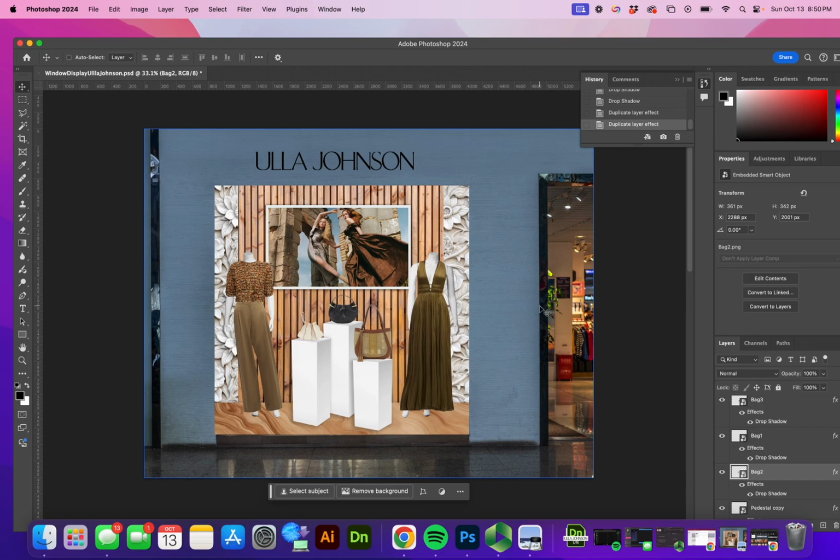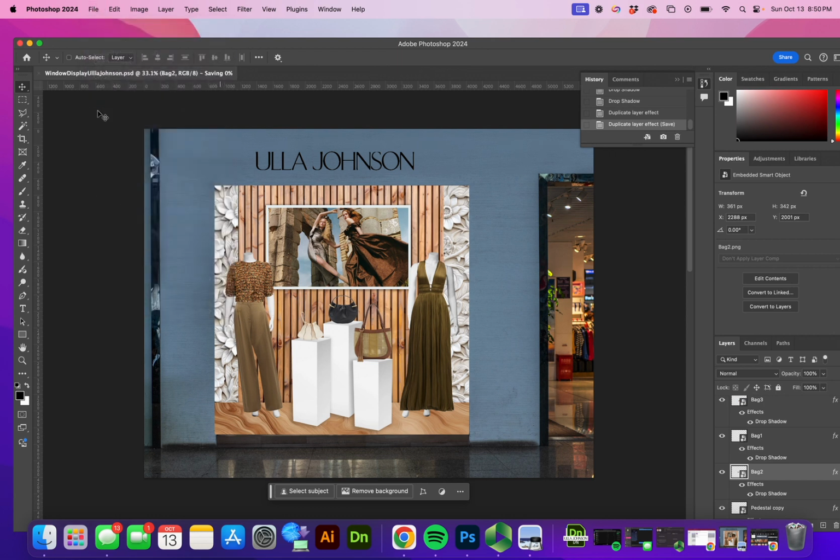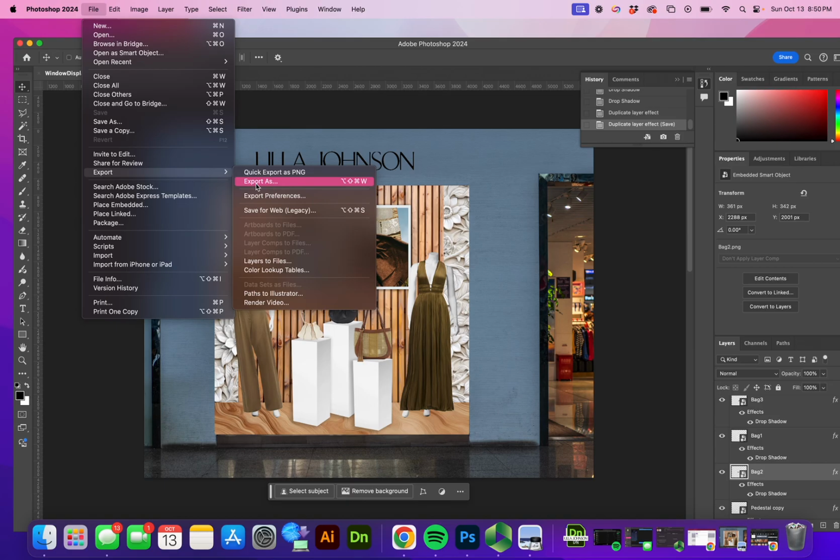Once we get here, we can go ahead and save our PSD file. It's also good to save as you go, but you'll want to make sure that it is a PSD file. And the final thing we need to do is export this also as a JPEG file. So to export a Photoshop file into a JPEG file, we will go to File, and we will export and click Export As,